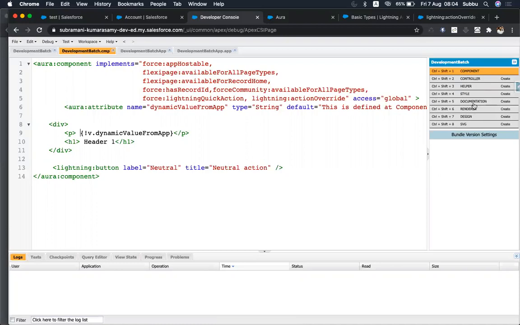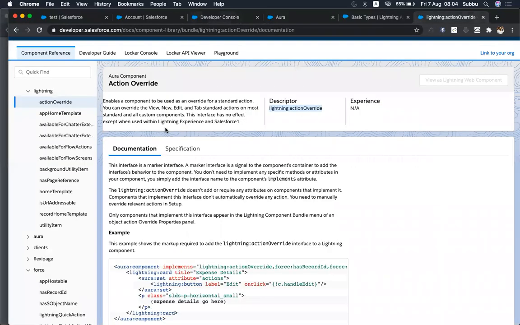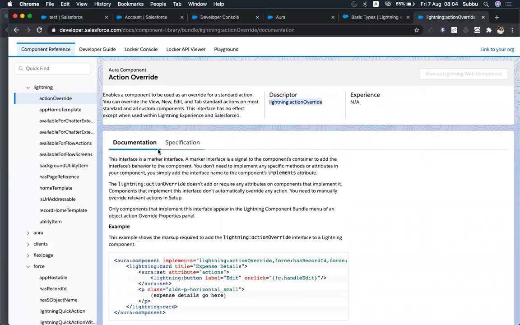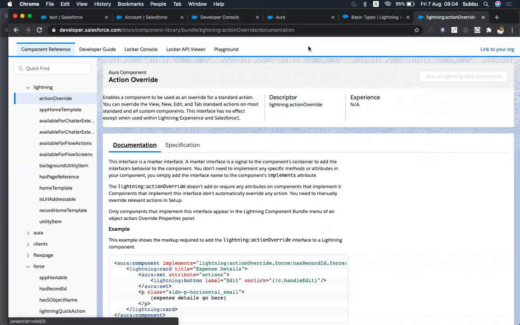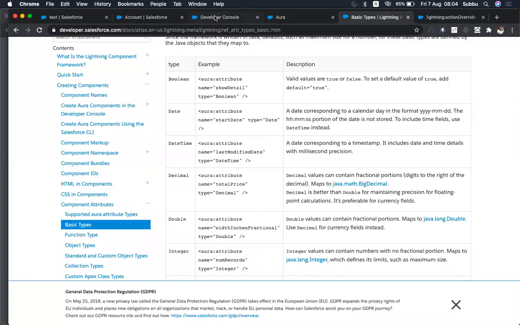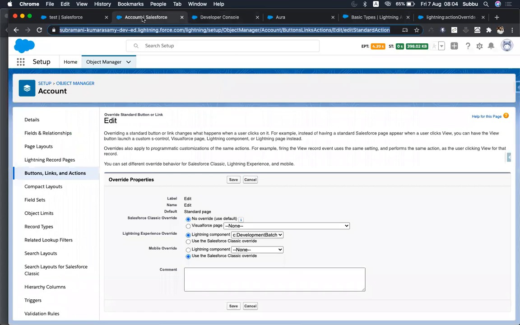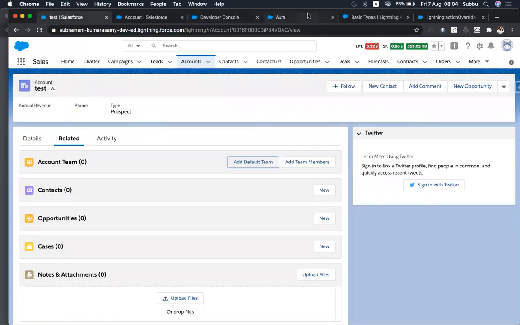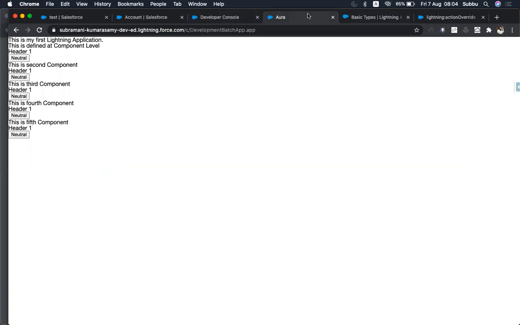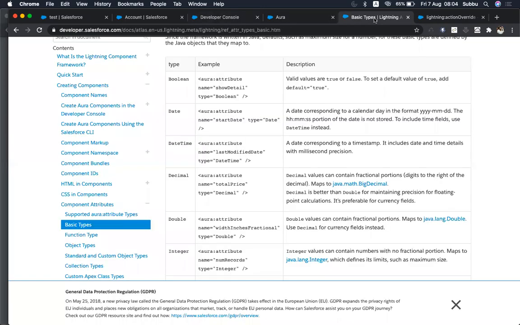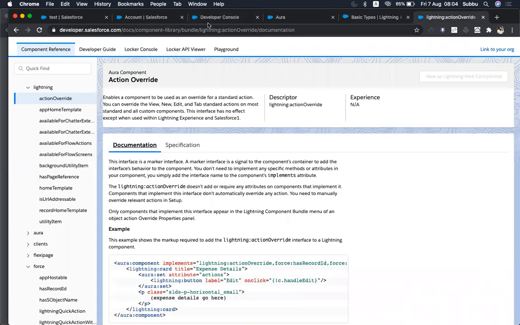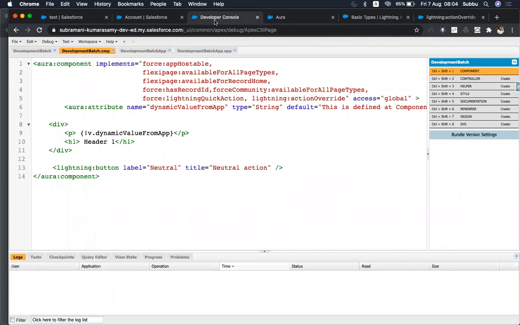And the documentation is something like, if you see here, this is a documentation. For the action override, you are seeing the documentation, right? So like that, if you want to create documentation for your own component, you will be using this. And the renderer is something like, when any component is rendering at the browser level, it will go through four stages, like render, rerender, unrender. There are four types of rendering happening on the page. If you want to modify any of these actions, if you want to do anything at render time, you will be doing it in the renderer.